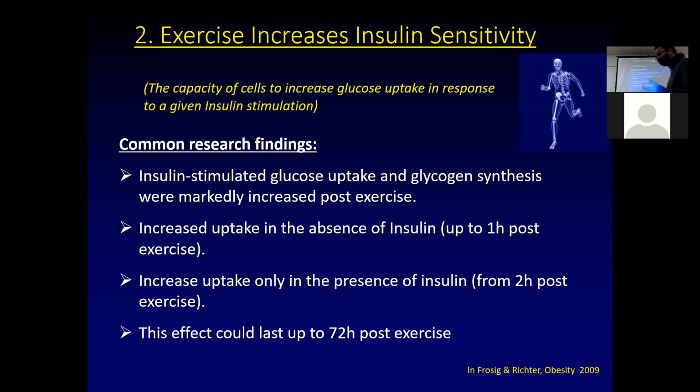The problem though is, I'm a type 2 diabetic, I'm resistant, I stop exercising, and within a couple of days, my symptoms all come back. Okay, so we can use exercise to treat, we can use exercise to prevent, but it has to be very